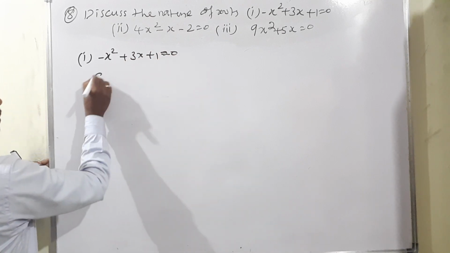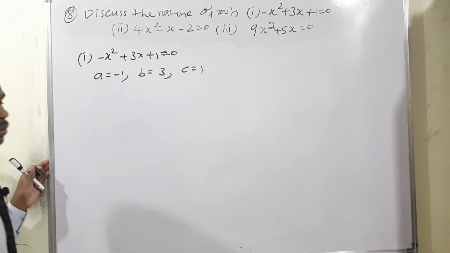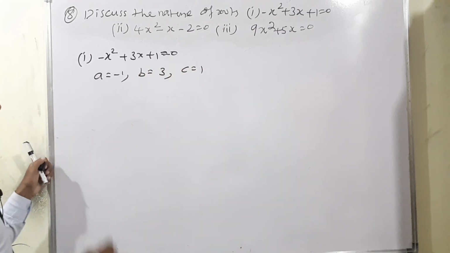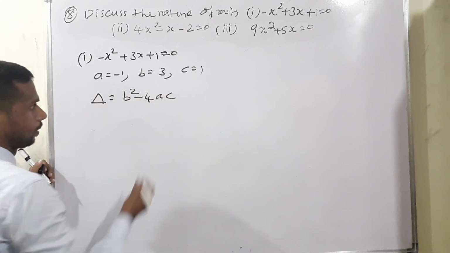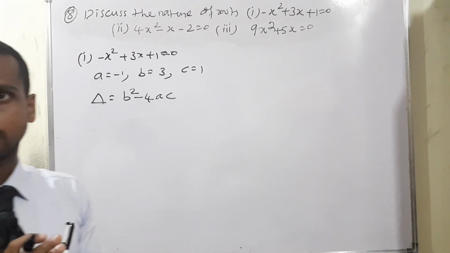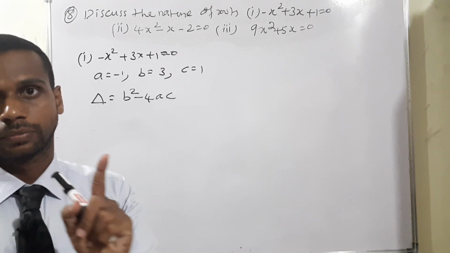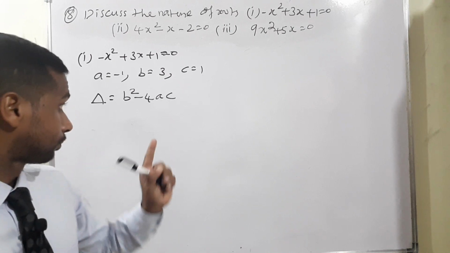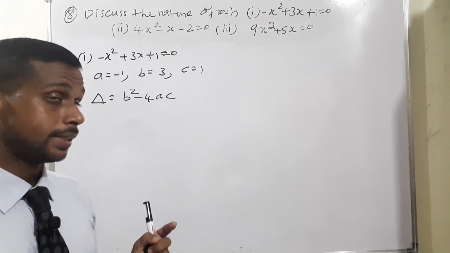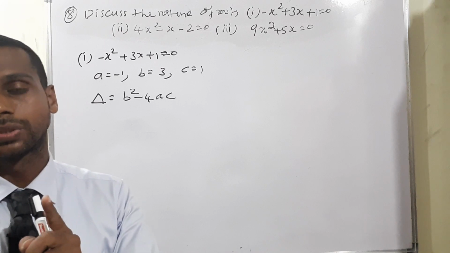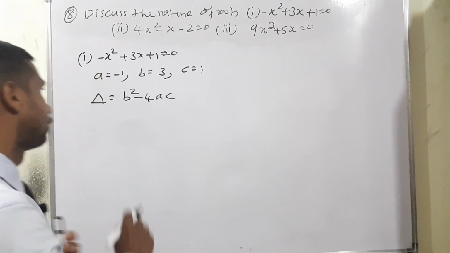So, from this equation, a is equal to minus 1, b is equal to 3 and c is equal to 1. What we have to do? The discriminant form. Discriminant means b square minus 4ac. So, already we have discussed in concept, b square minus 4ac greater than 0 means the roots are not equal, at the same time real and distinct. So, different numbers will come. At the same time, equal to 0 means the roots have equal value, but less than 0 means the roots are imaginary. So, one by one we can discuss.